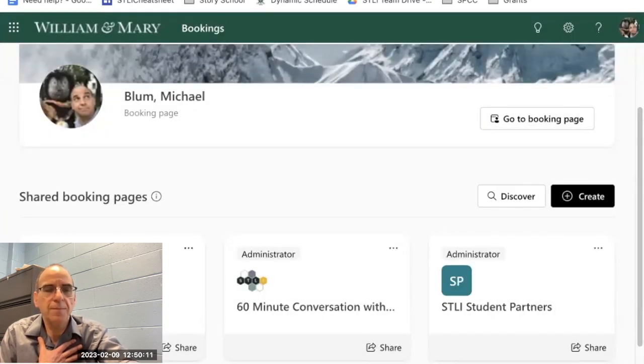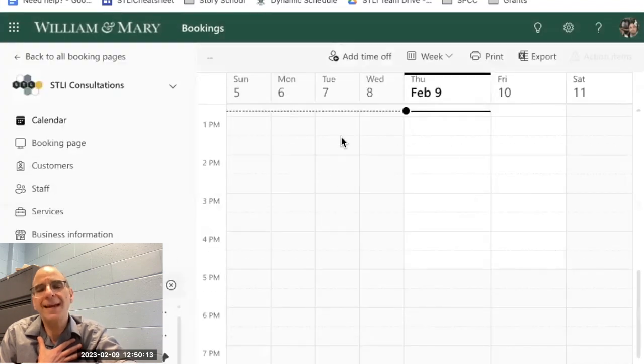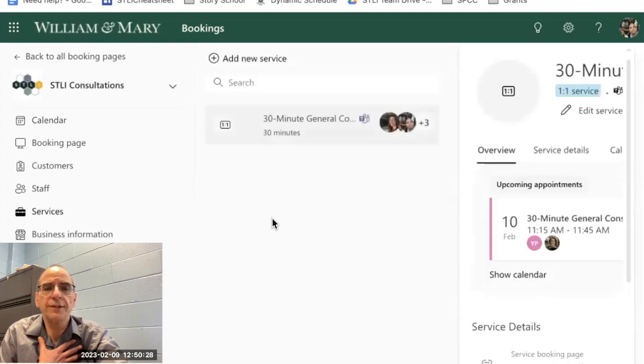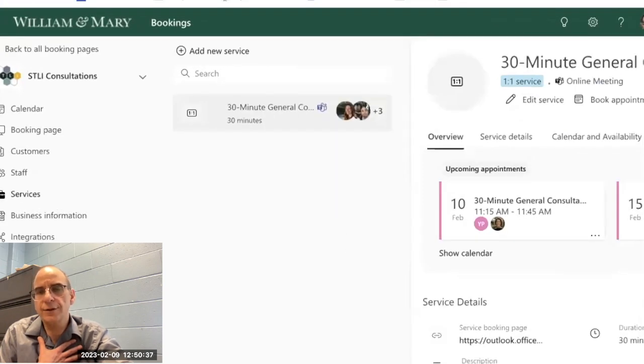So I'm going to go to that page. And now this is my editing page, and it's a little overwhelming, so don't get too scared. You don't need to be able to do all this. It's only if you are scheduling for a bunch of people. So we can do things like choose different services. We've got a 30-minute general consultation for all of our staff, and we can go ahead and edit that service